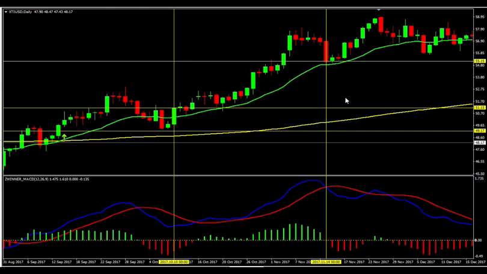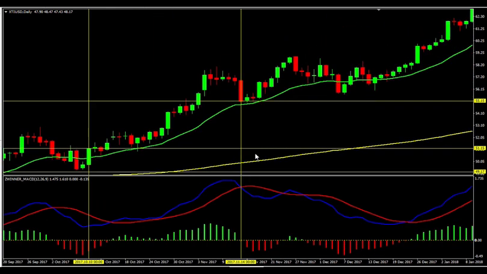And then we continue. The MACD is going down, but we are going to go long only. We are not going to go short at all, as long as the market is above the 200 period moving average and above the 20 period moving average. Now we got out here. Now we're waiting for the next trade. To take the next trade, you move your chart here